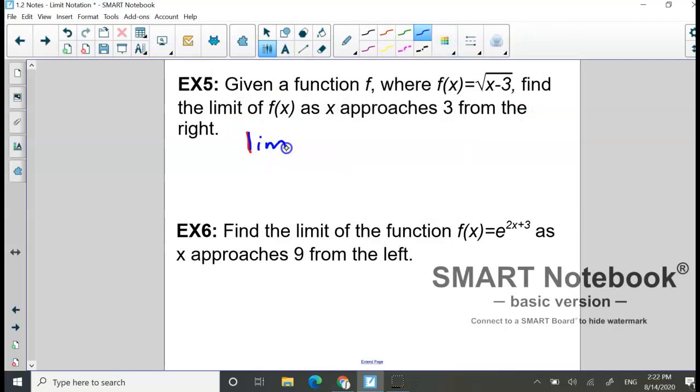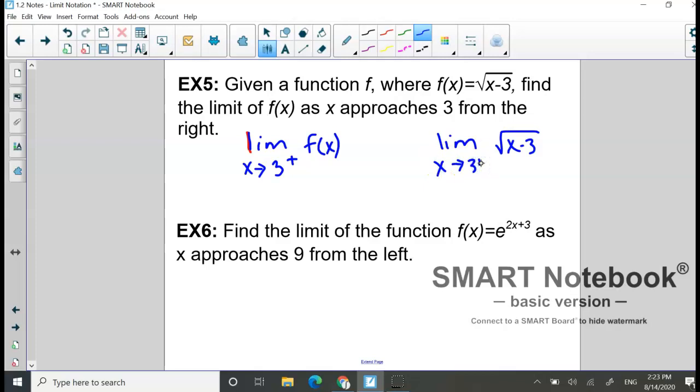Limit of f of x, or we could say the limit of the square root of x minus 3. Either one is correct here. Probably the part that's the most difficult to make sure you get right, although this is not terribly difficult. We're going to find the limit of f of x as x approaches 3 from the right. So x approaches 3 from the right, we're going to put a plus behind the 3. Okay, and that would be the same over here